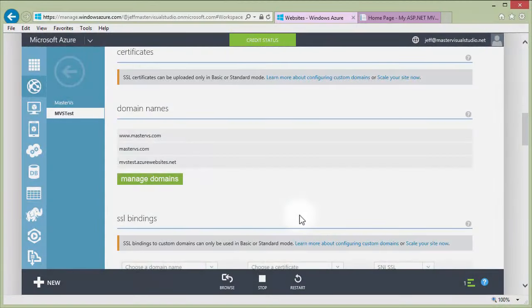Now, one other thing I want to point out here that you may run into, in this case, these went very smooth, but in some cases, you're going to think you did everything right. You're going to set up the IP address correctly. The CNAMEs are going to be set up correctly. You're going to go into Azure, and it's just going to still tell you that it can't find the records that it needs. Generally speaking, that's going to be a DNS propagation issue where the records that you've created have been created, but because of caching that goes on as far as DNS pointers, it's still pointing at the old